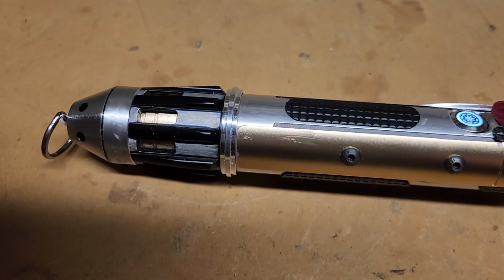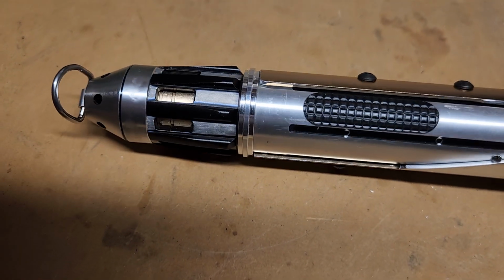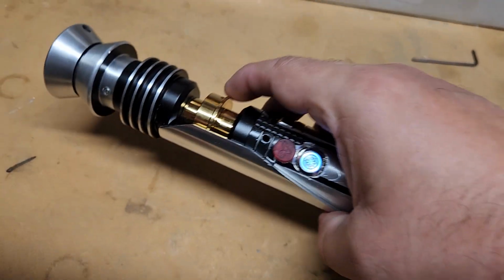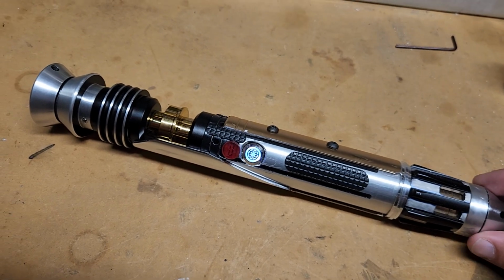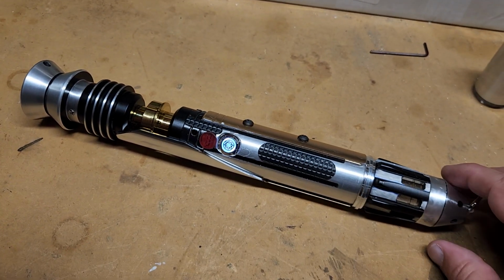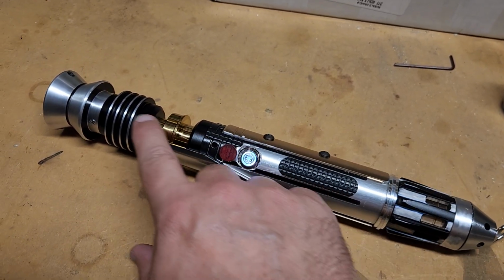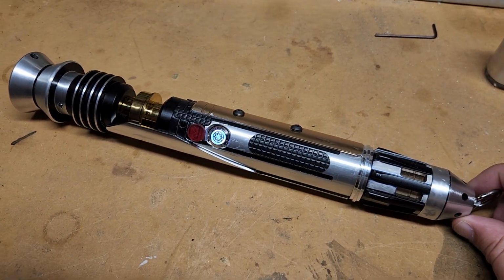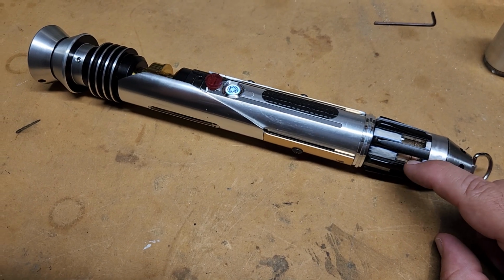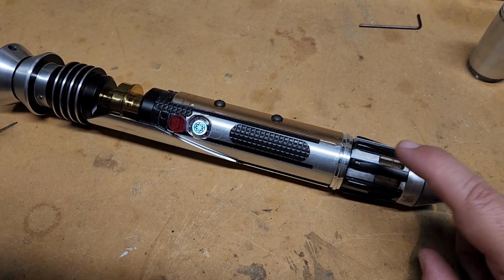And I am not removing this inset because look at how gorgeous that is. It completes the look of the entire piece. You have rose gold, you have rose gold, you have shiny rose gold. The accents against the black and white elements of the hilt make the whole thing pop. So there's no way in hell I was going to remove the part that I was actually the happiest with, which is right here. So the speaker